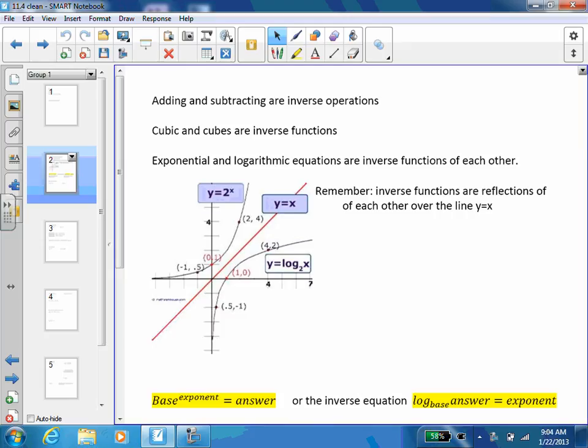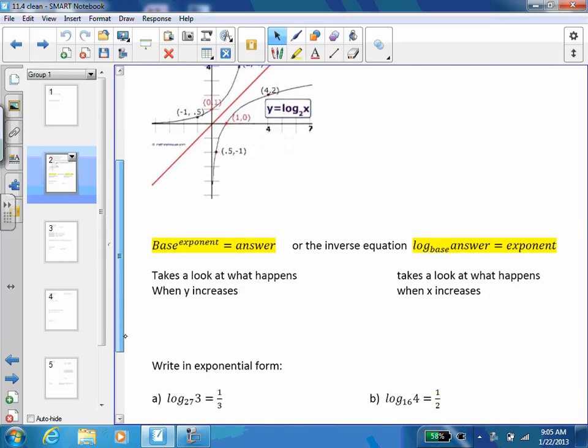These are the log ones. They are reflected over the line y equals x. Because if you remember from last year, when you are trying to find your inverse, the first thing you do is you switch your x and your y and you solve for y. All right? So we need to remember